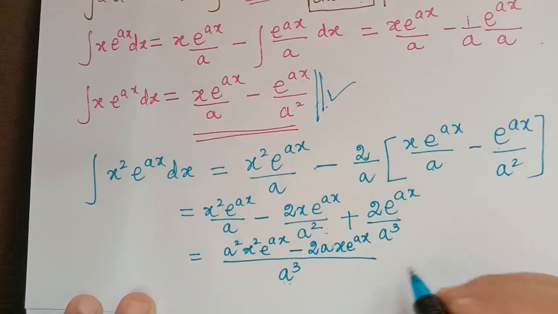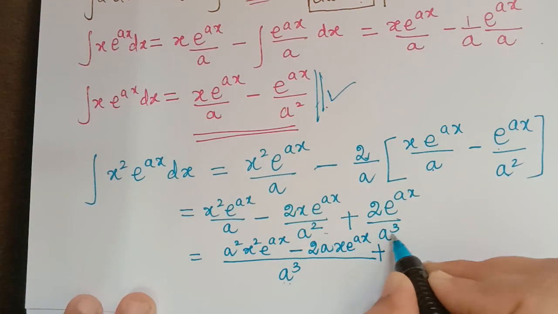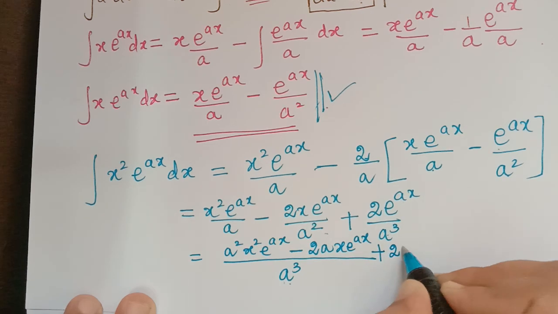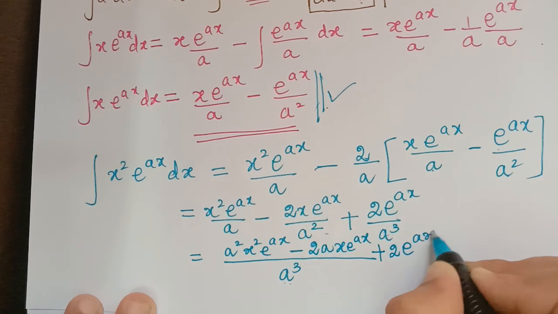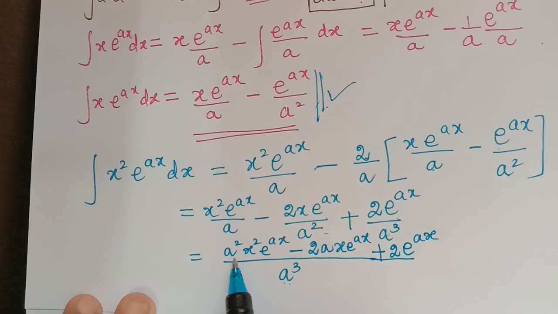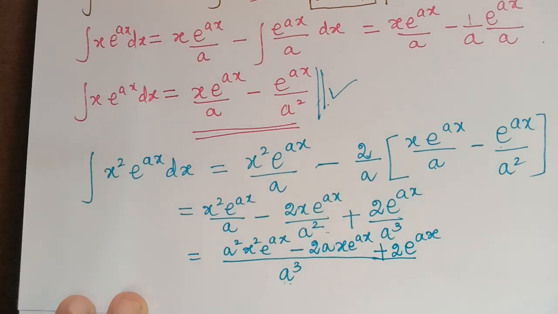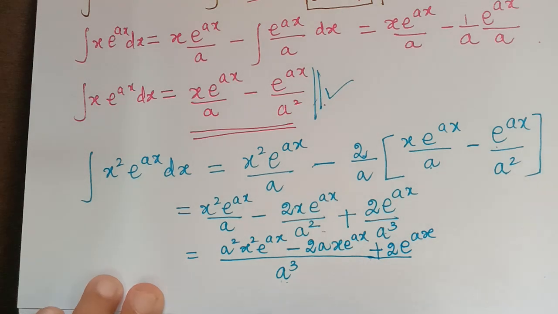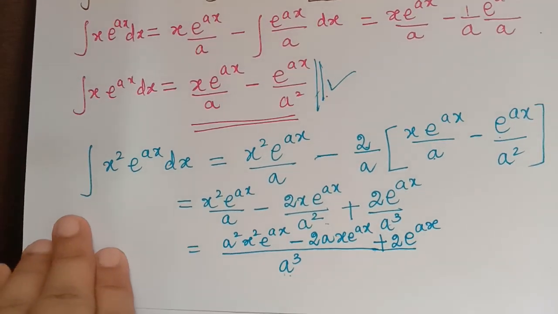Plus, this will remain the same, so 2 e power ax. Now we can observe that in all the terms e power ax is common, so this can be finally written as,